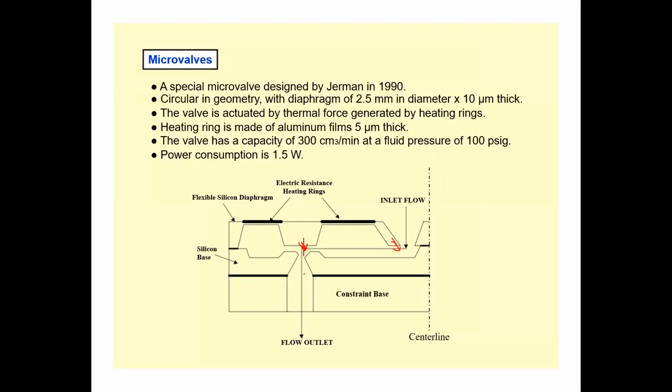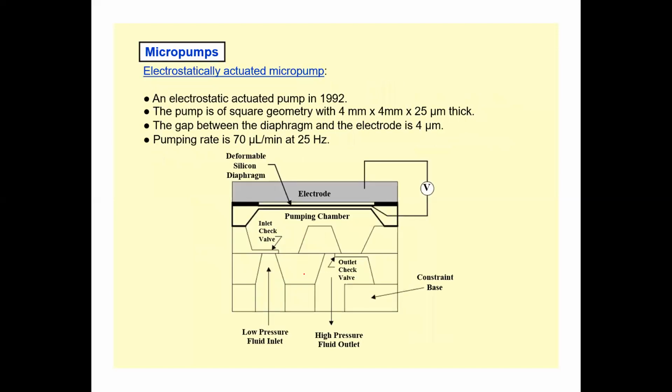And the rest are some mathematical and dimensional parts of this microfilter. Another type is the electrostatic pump, the electrostatically actuated pump. Again, you have two electrodes. This is the top electrode, this is the chamber, right? And this is the electrode on which the voltage is applied. So when voltage is applied, this will basically